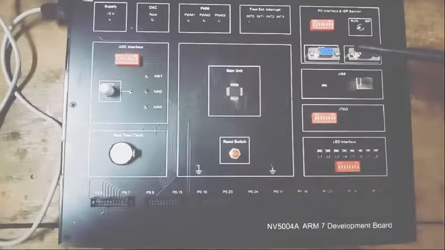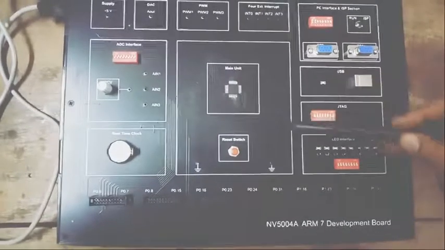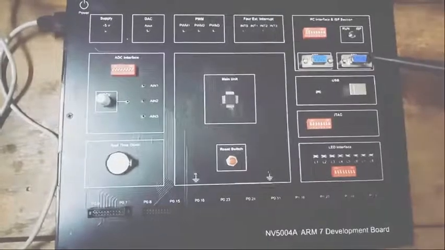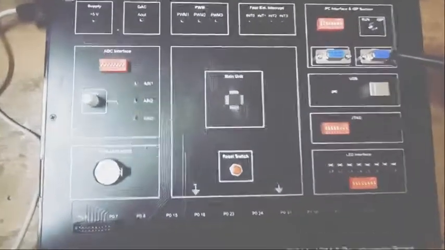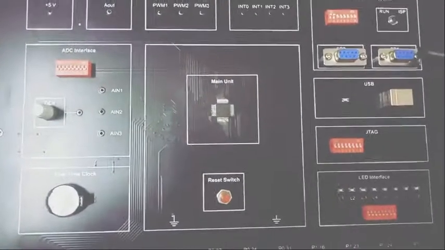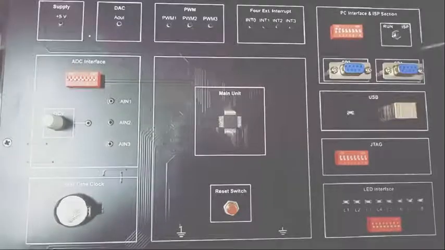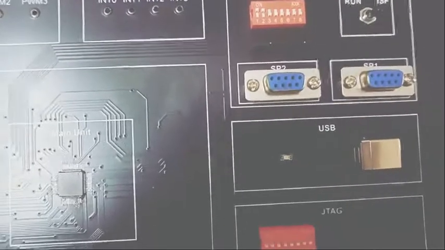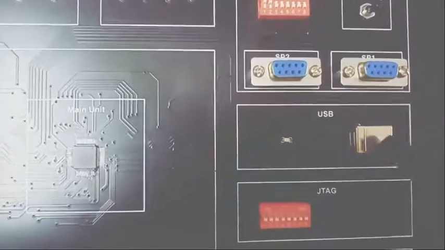Now we have to flash a program on this microcontroller. For this one we have two options. One is using the RS232 serial cable. This is a switch; we have to connect the RS232 DB9 connector with this switch. Here it is SP1. The second option is we can connect through the USB port. This is the USB port.